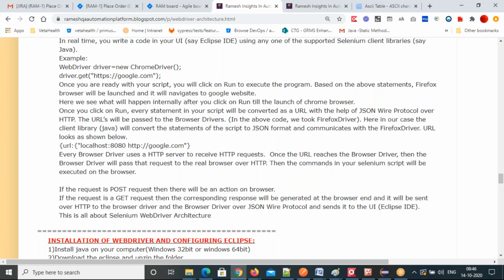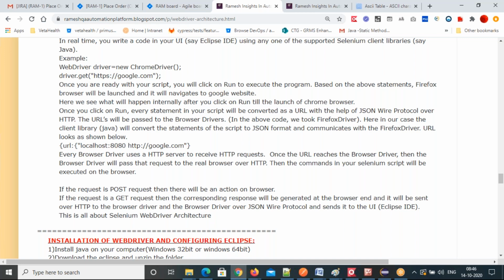All the code execution will happen internally by these APIs. That's how code will execute in Selenium WebDriver. In the UI you cannot see that. You can see the action is happening on a particular element, but internally it is calling the WebDriver APIs, and it will convert all your commands into JSON format, and then that will be given to the WebDriver browser driver class, and that will act as a server.